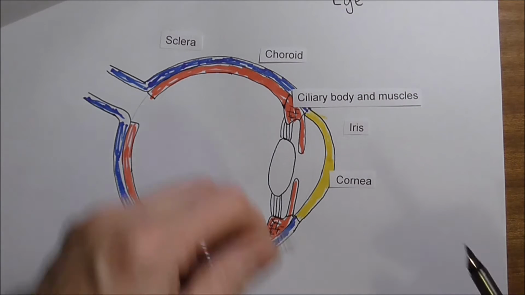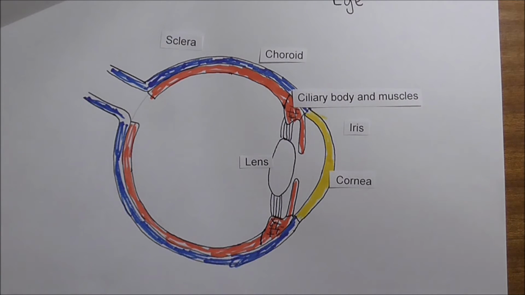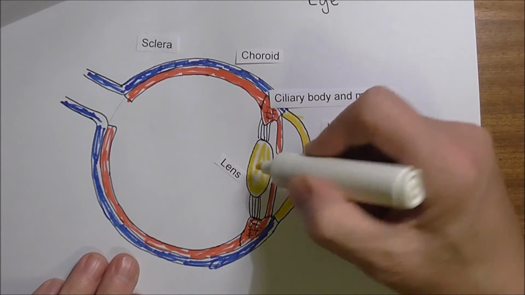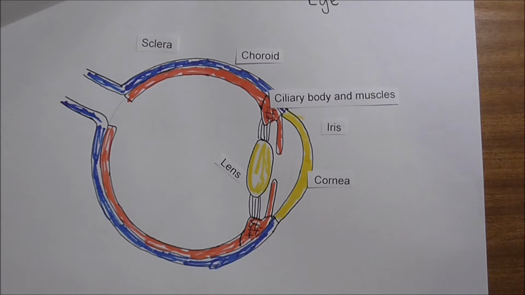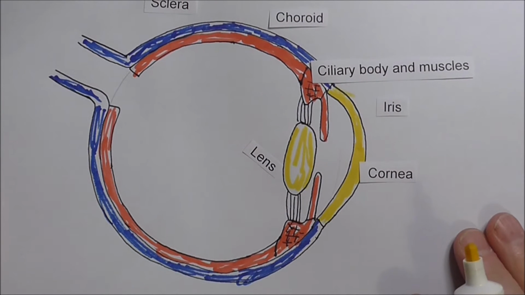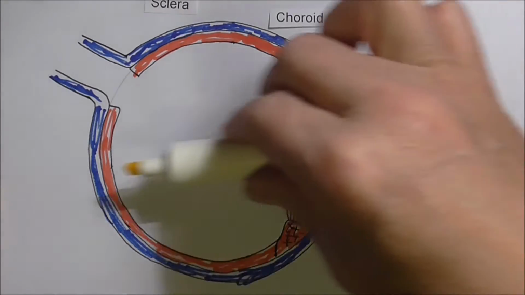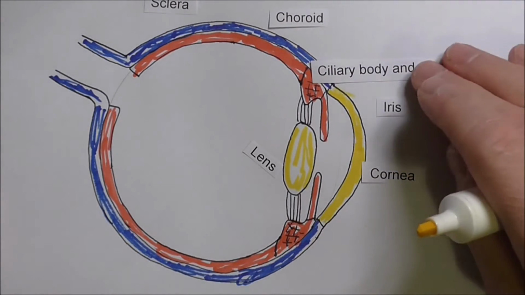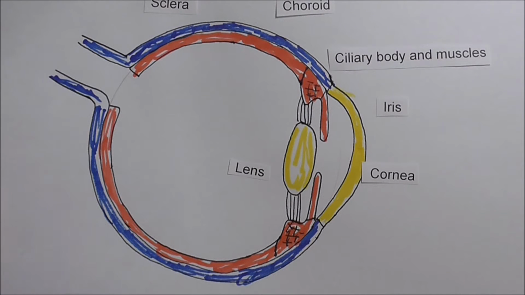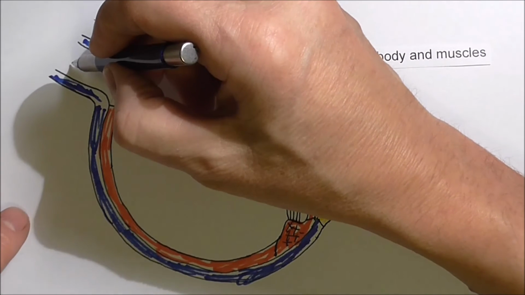So this bit here is the lens. And again, because it's clear, we'll just draw that in yellow, I think. Because that's the clear portion. Because the light has to go through there. But of course, the reason that we want the light to go through is to get to the photosensitive, or the light sensitive area. So the optic nerve is going to come out here,